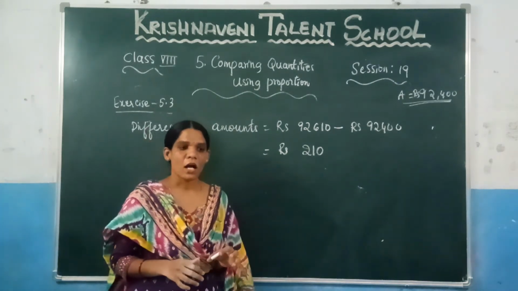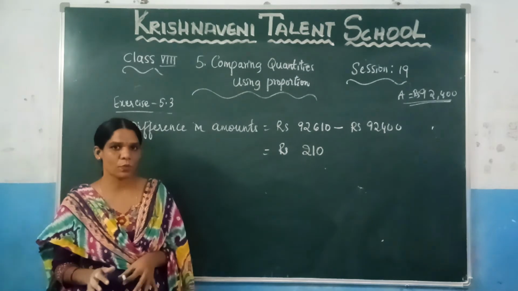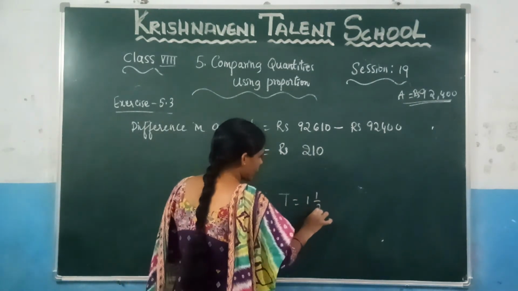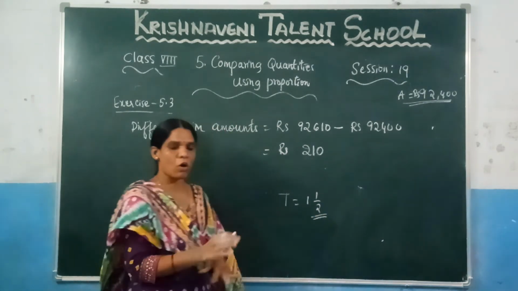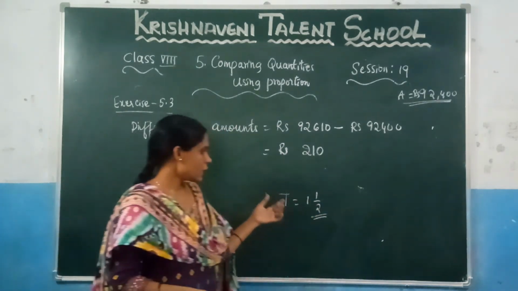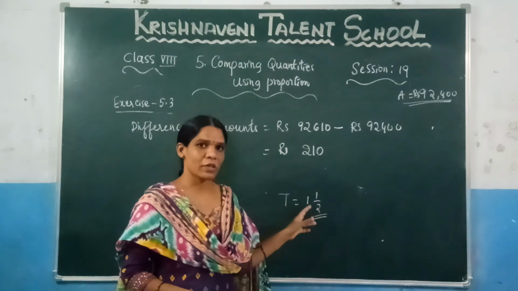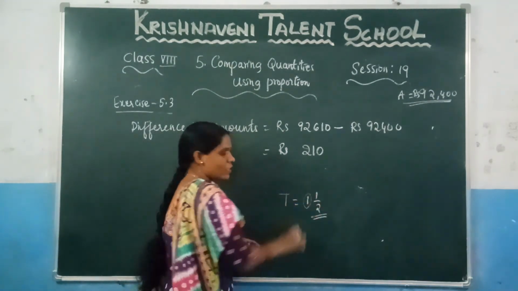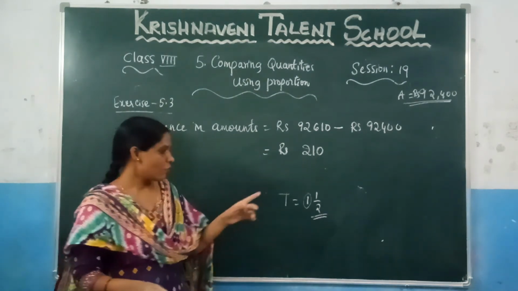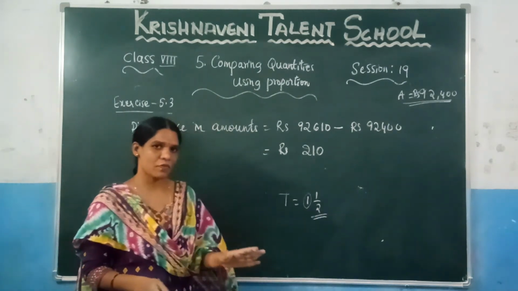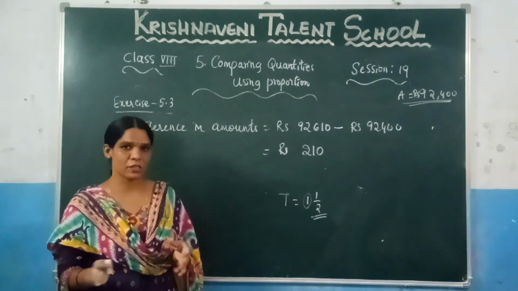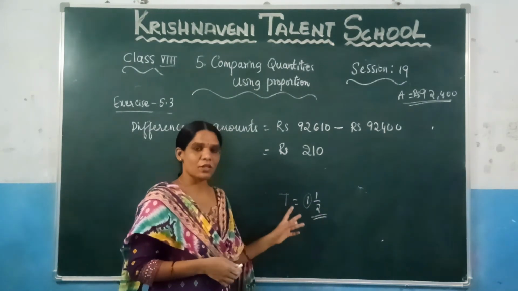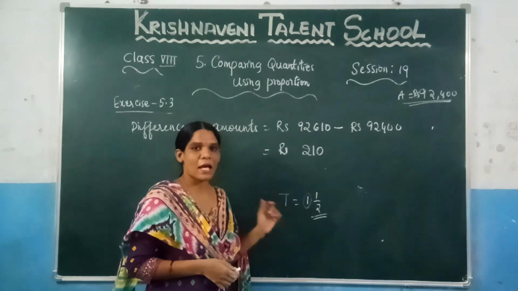So how to calculate if the interest is compounded annually? Since here you need to check the time period. This is very important. If the interest is compounded annually, you need to find the compound interest for the first year. And for the next half year you need to calculate the simple interest because 1 year is not completed still. So like this you need to calculate the compound interest annually.